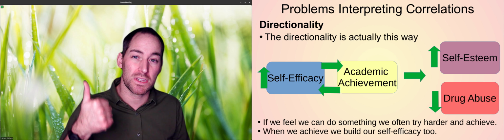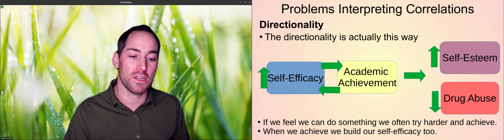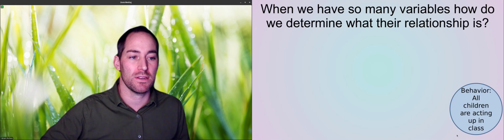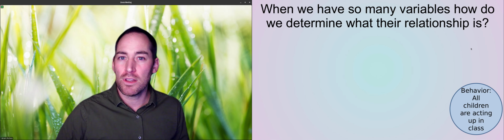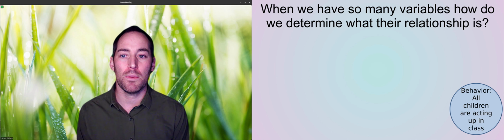So if our self-efficacy is up, we try harder and then we do achieve. And when we achieve, our self-efficacy continues to go up. So, nice positive spiral there, really good example. But when we have a lot of variables that might be determining a relationship, how can we figure out what